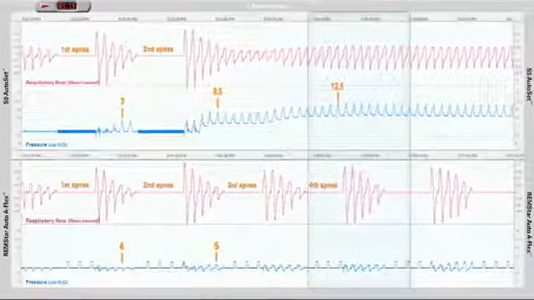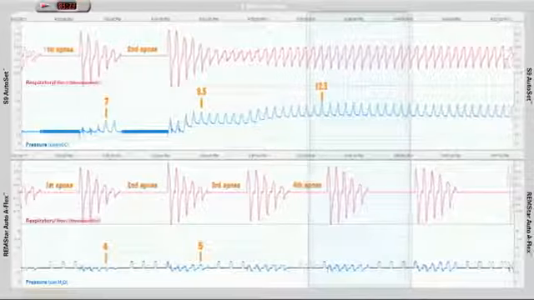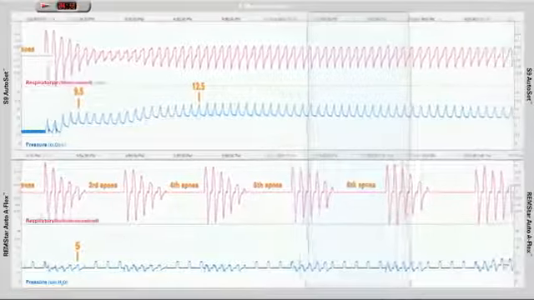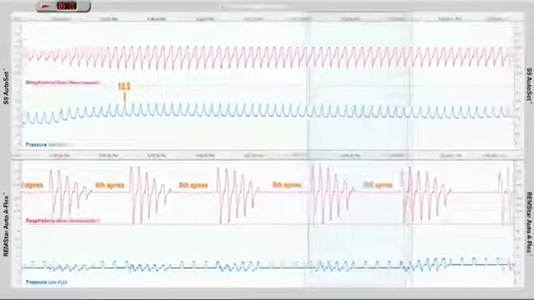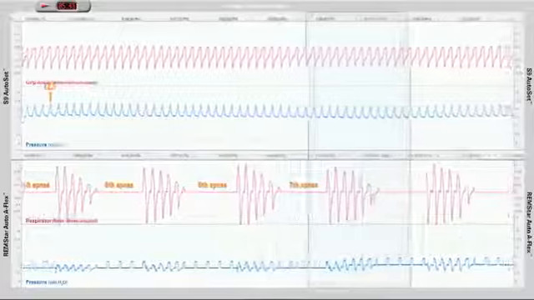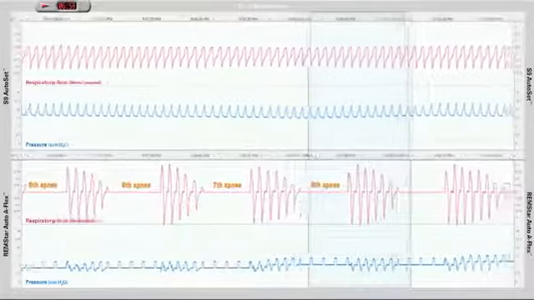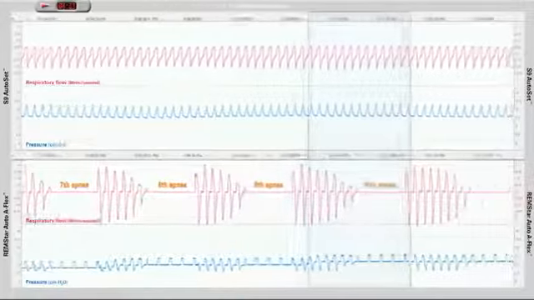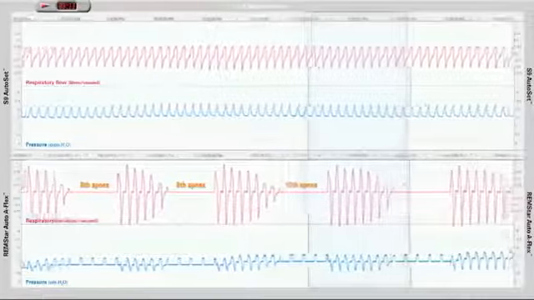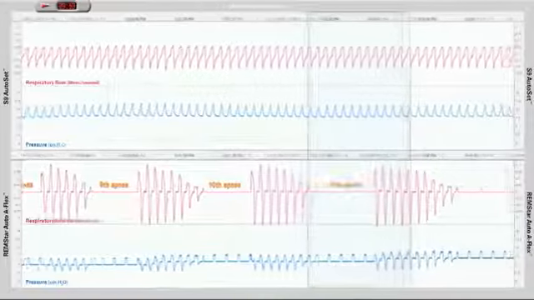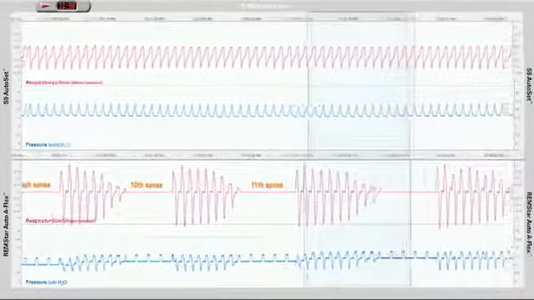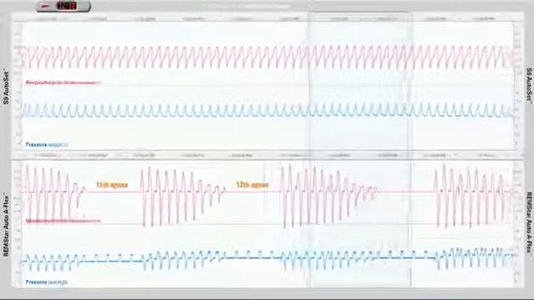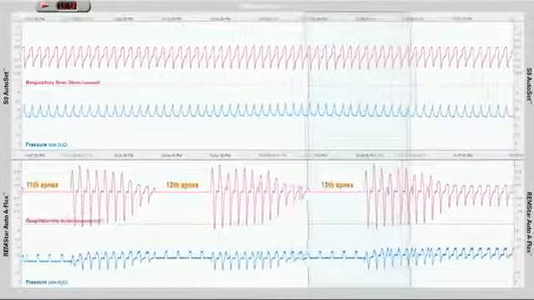The REMstar Auto patient suffers a fifth apnea. The S9 AutoSet continues to monitor the patient's breath shape on a breath-by-breath basis and adjust the pressure to maintain a stable upper airway. The REMstar Auto patient continues to have apnea after apnea for a further 9 minutes. In total, the REMstar Auto patient has 13 obstructive apneas before the REMstar Auto device reaches a treatment pressure of